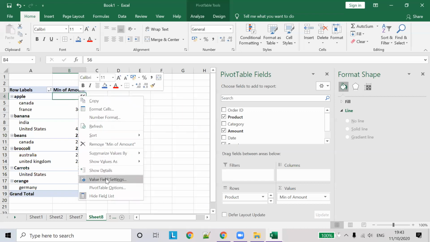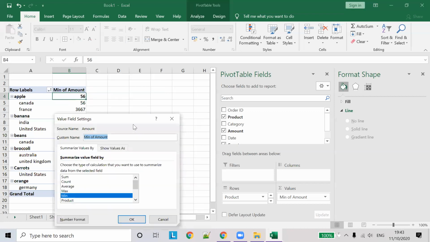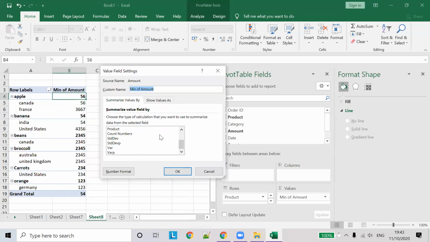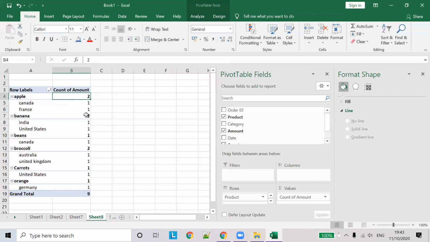If you want to choose average, that can also be done. If you just want to count numbers, it displays the number of countries selling apples. France and Canada sell apples, 1 plus 1 is 2. Banana: India and United States sell bananas, so it displays 2 here.